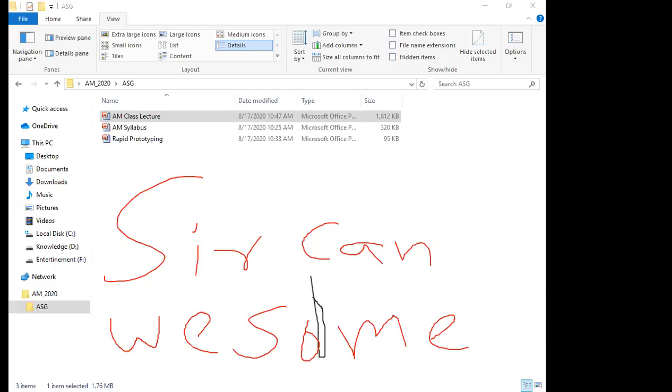So this is the basic definition of additive manufacturing, to build three-dimensional parts. We are going to develop the 3D models in the CAD softwares.